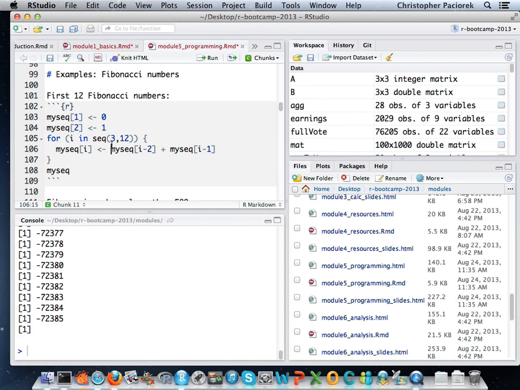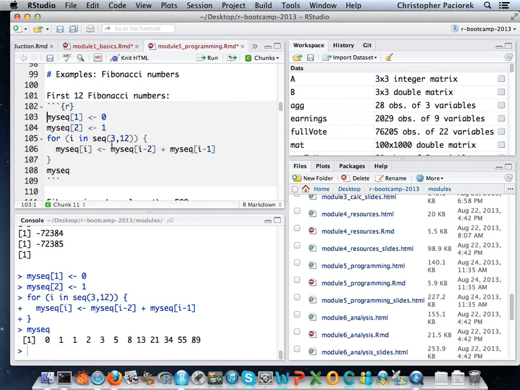Okay, so here's a couple of examples of cases where loops are maybe not the right thing to do, but are the way that I tend to think about things first. Okay, so the Fibonacci numbers, you guys are familiar with the Fibonacci sequence. You start with 0 and 1, and then the following elements in the sequence, you just add the previous 2 numbers together.